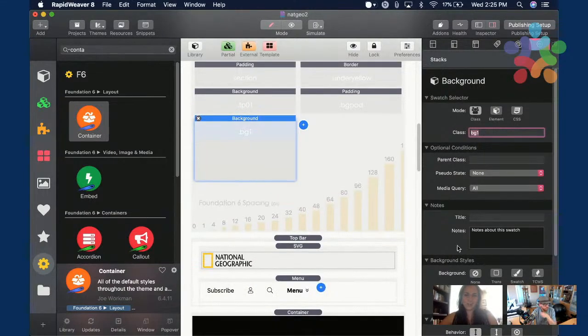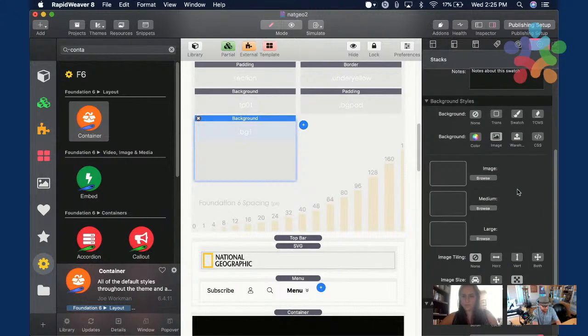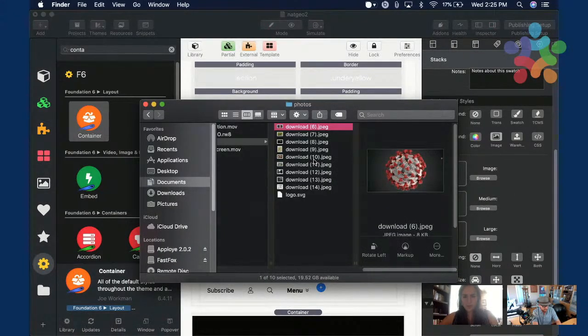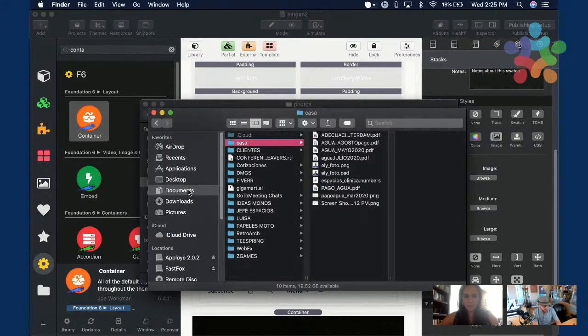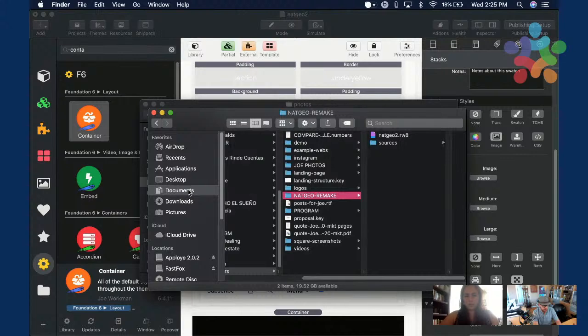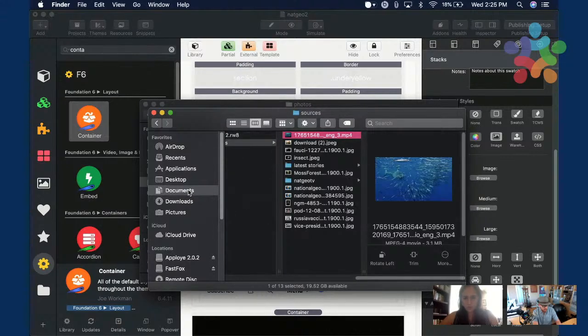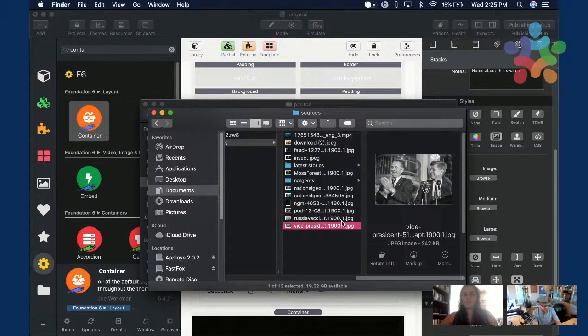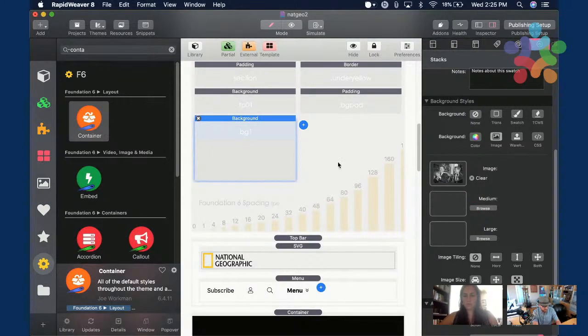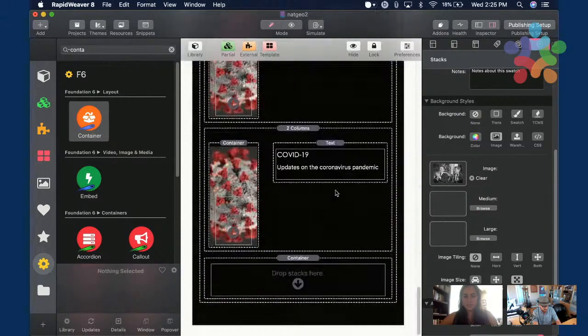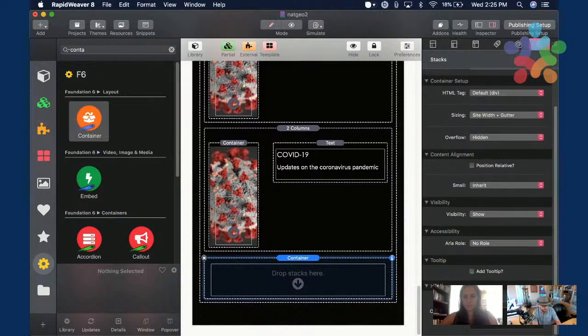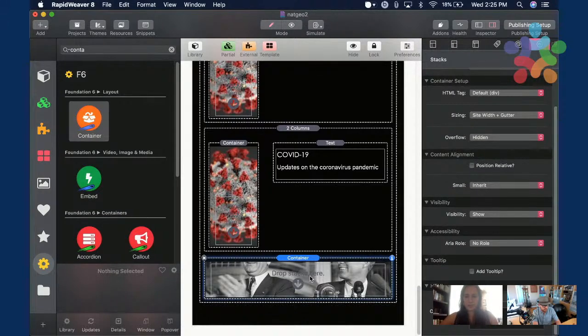That's what I call all my backgrounds usually, unless I have too many. And we have that. Oh, sorry, hold on. Here it is. We have that image. So we'll use that class here to have that image.